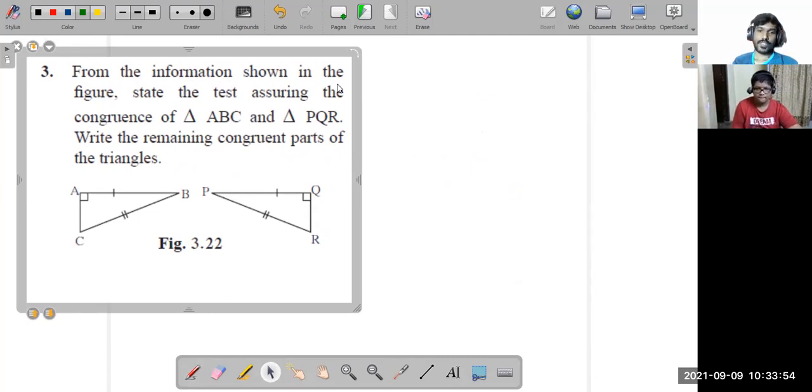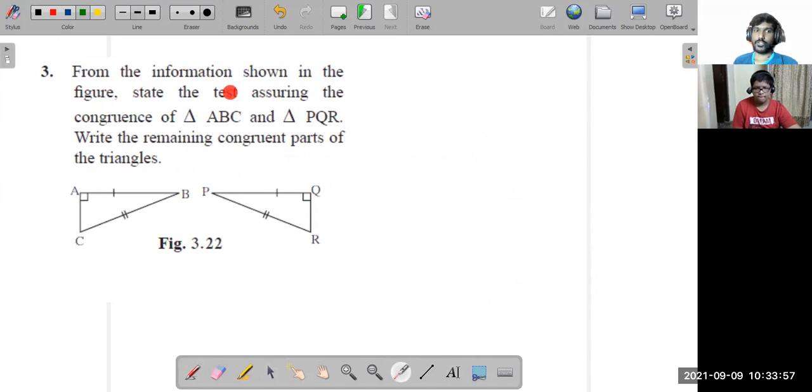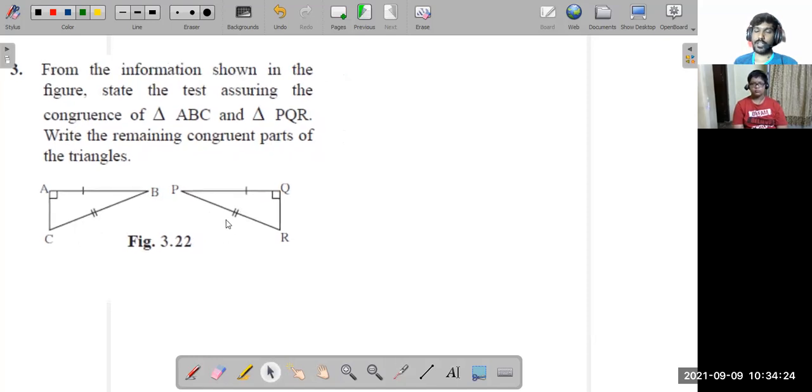Now in the question, they have said from the given information shown in the figure, state the test assuring the congruence of triangle ABC and triangle PQR. So first you have to show proof that these two triangles are congruent and by which test. After that, they are also saying write the remaining congruent parts of the triangle. By the congruent parts, they mean all the congruent sides and all the congruent angles that you have to write. Okay, so let's start with proving